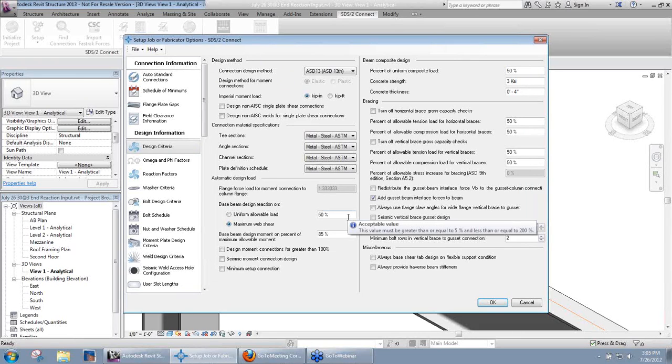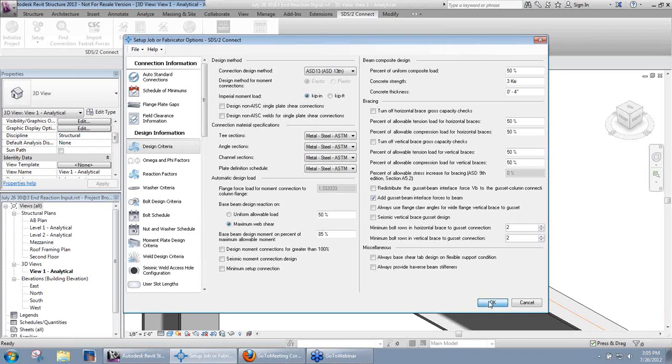The web shear is going to be calculated as 0.6 times our yield strength times the depth of material times web thickness, divided by omega, or what would be 1.5, and then 50% of that. In this particular case, it's 0.6 times 50 times 17.9 times 0.315 divided by 1.5, which comes out to about